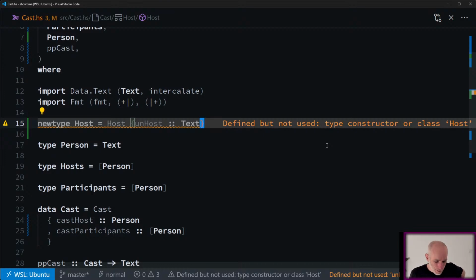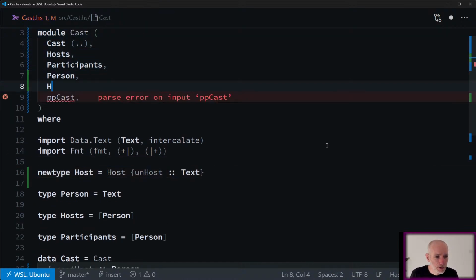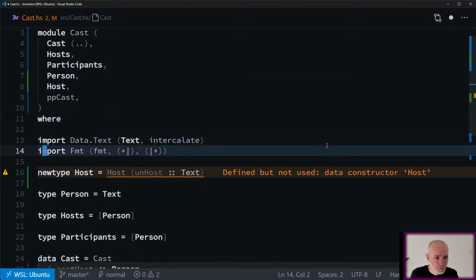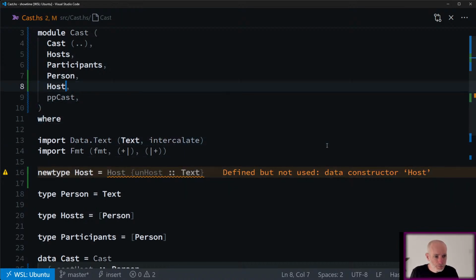Okay, so I should now be able to say, let's export that as well. I'll export the constructor.